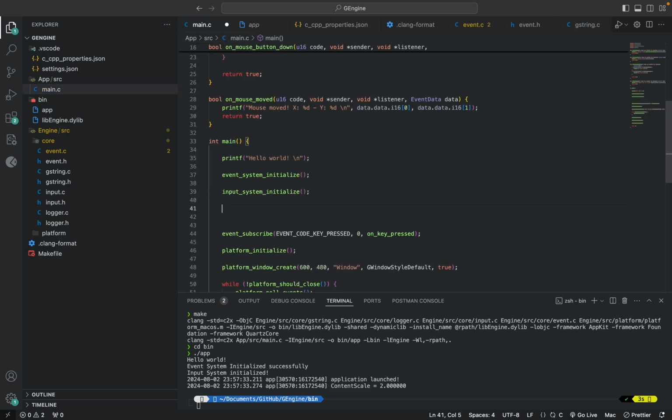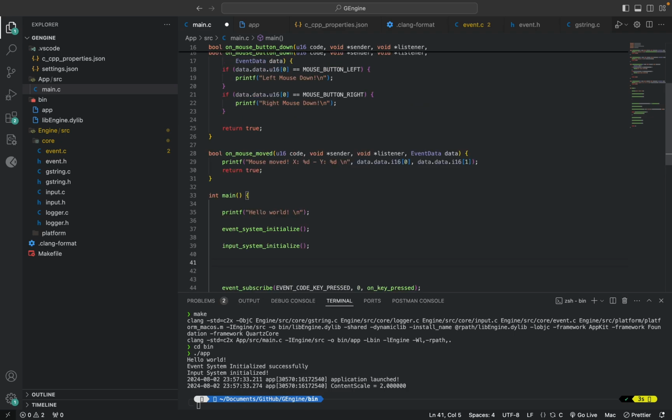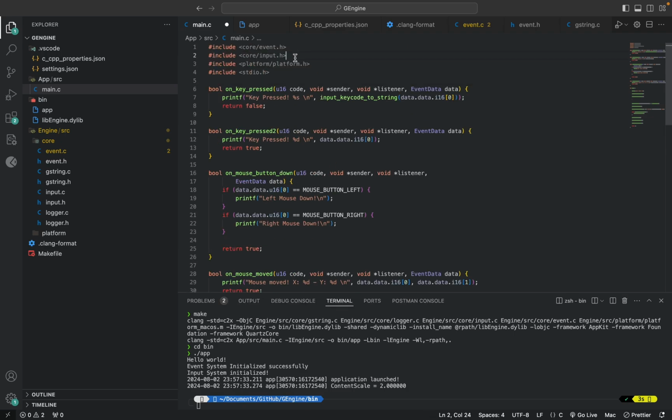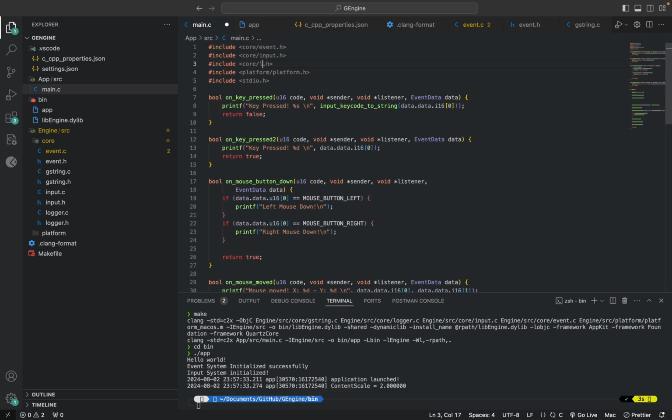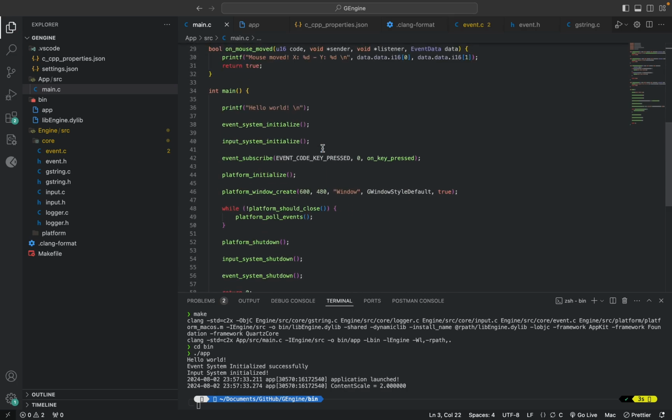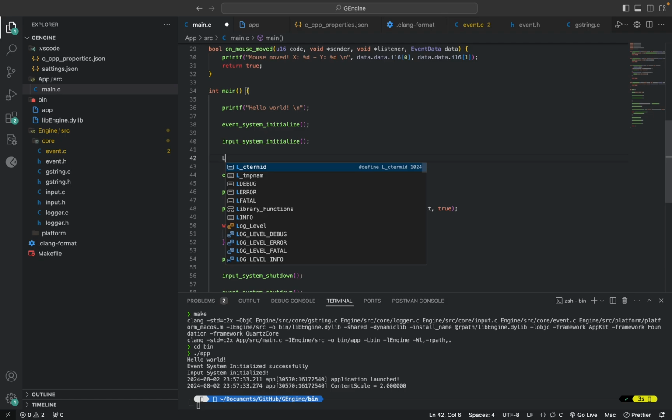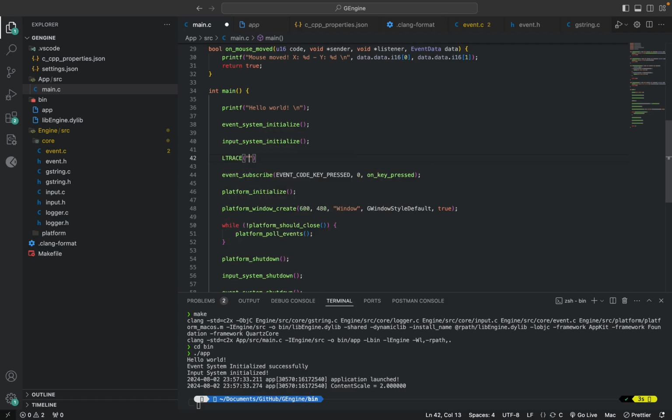So let's do this here. So let's say ltrace. So we need to basically import a logger. So let's do logger like this, and then just about here we can say ltrace, and let's see. So let's just say trace and save this. Oh, just close it, then save it, and then clear